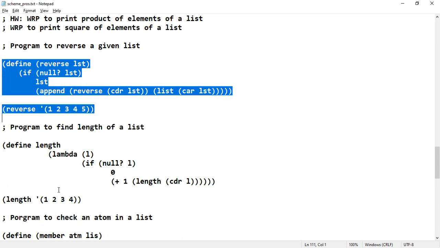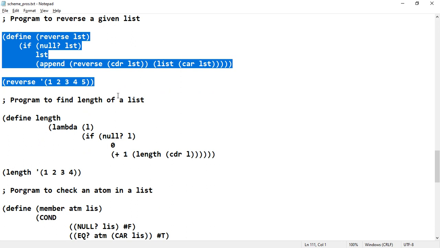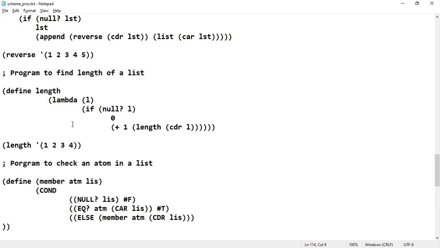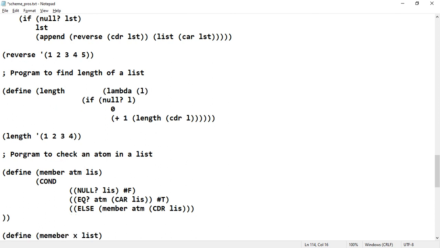Next is a program to find the length of a list. That means how many elements are available in the list. Here also the same type of operation can be done. Define length. Here lambda of L, you can also write it like this, or you may also do it like this, which will give you the same result.